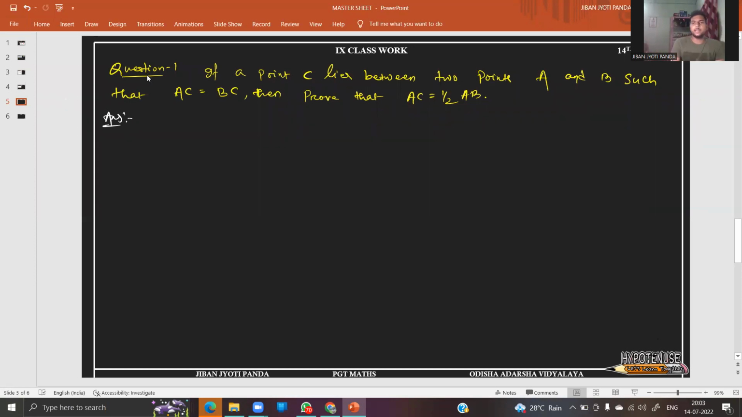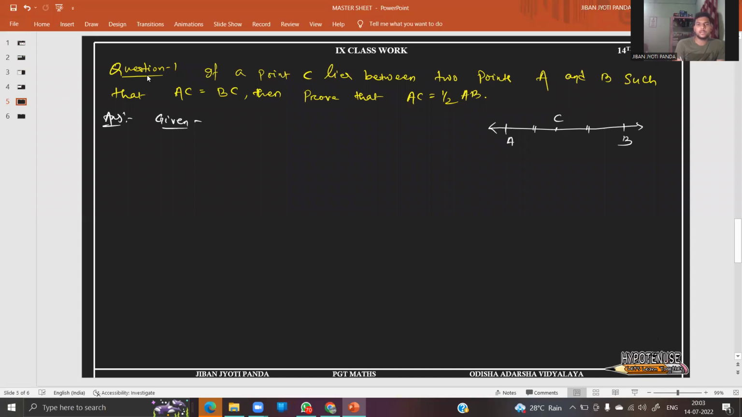Okay, the thing is that AC is equal to half of AB. Let us proceed with the figure first. So this is my AB. This is A and this is B. A point lies between the two points A and B, somewhere in between, call it C. Then if AC is equal to BC, it is given, we need to prove AC is equal to half of AB. So what we can say, given